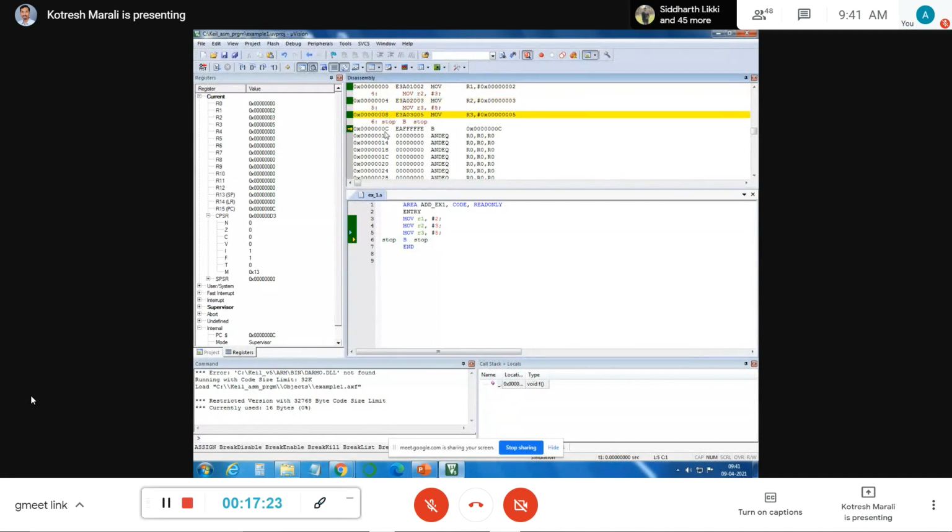On the left-hand side, if you start writing your program from here, you will get an error, because this area is reserved only for providing the memory space or address of the memory. So that's why we say stop. This is the equivalent, having its equivalent address here, right? Again the same thing, branch and stop.